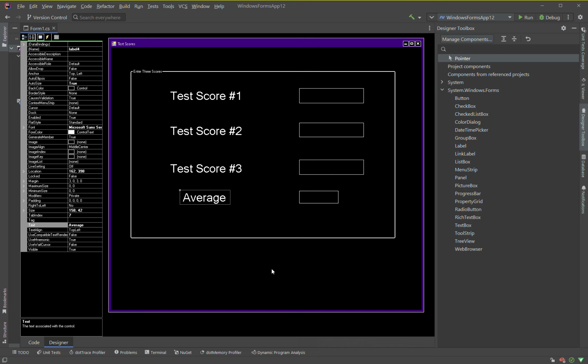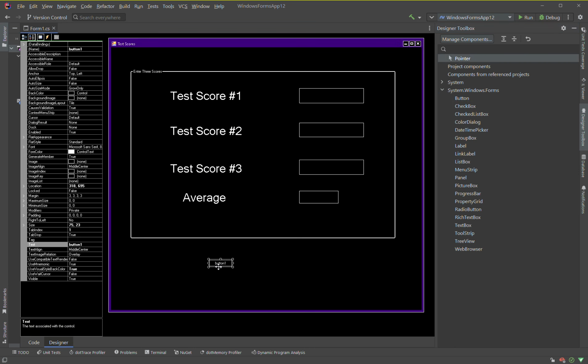Okay, actually no, we didn't run out of room. Okay, so we just need three buttons now. Let's go with one button here. So we'll just go with, let's just change this name first. We'll go with identifier to calculate average button. So calculate average button, and then we'll change